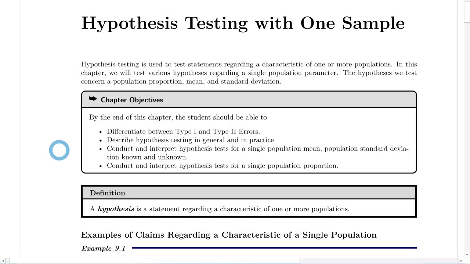So we're going to start chapter 9, which is the beginning of something so valuable in statistics. We started off with just talking about sampling, and then samples, descriptive statistics. Then we moved into probability, which seemed so disconnected at the time. And then we got to talk about sampling distributions, uniform, binomial. We talked about different distributions. And now we get to put this all together and create what we call a hypothesis test about a population parameter. And this is so valuable, especially in statistics.